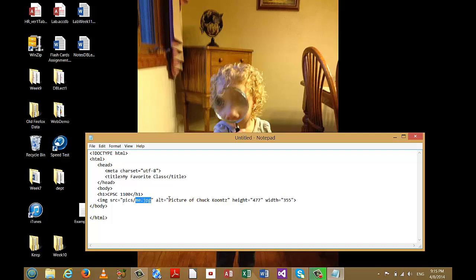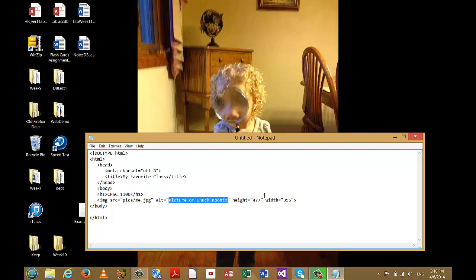me.jpg. There's also an alt attribute, so in the event that the picture doesn't load, or in the event that someone with a vision disability, someone that's blind, if they're using some software to read the web page, some text to voice translation software, then since the picture is not going to be of any value, the contents of the alt tag will be displayed, and if there's meaningful text there, then it may add to the overall meaning of the web